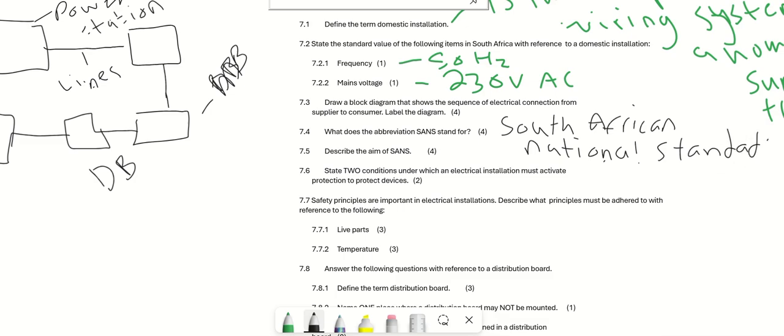Okay, describe their aims. Remember, we spoke about aims. So their aims, they ensure safety. I spoke about these things in the lesson. Remember, there are some things I didn't write down, but I explained them briefly.